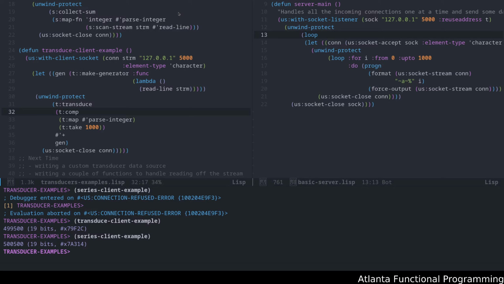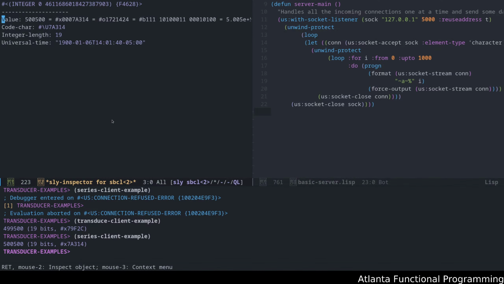For newcomers on the channel, welcome to the Common Lisp Study Group. As the title says, this example is using the cl-transducers library, which is a Clojure library that's been ported into Common Lisp. We're doing a compare and contrast between this library and another library that provides functional style programming, the series library, which we've already covered in the past. In order for us to do this, we're going to have to